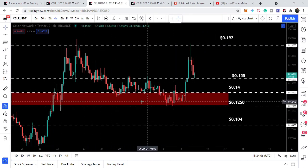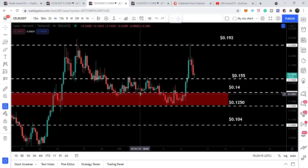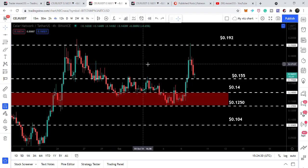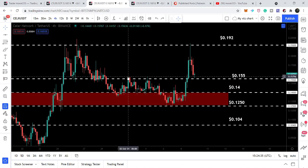Previously the price action has been moving here, like it was moving here on 24th of September, and again moved up, and recently while testing this support of 14 cents to 12.5 cents from 30th September to almost 8th of October, it has been moving between this support and resistance zone. Sometimes we had some attempts to break out the next resistance of 15.5 cents, but it was rejected. Now after these several attempts,